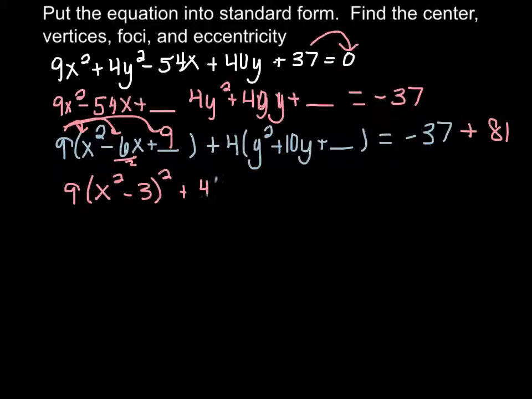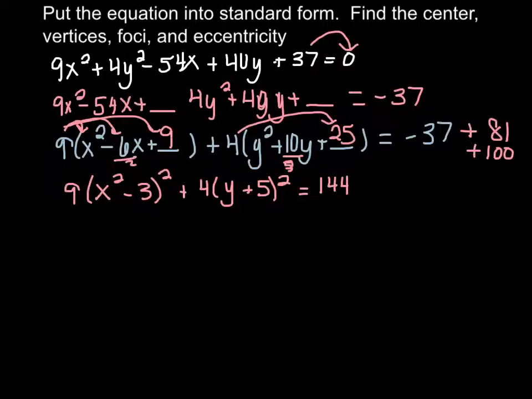Plus 4y, half of this is 5, and 5 squared is 25, which means when I distribute that in, I add 100. When I simplify the right-hand side, I get